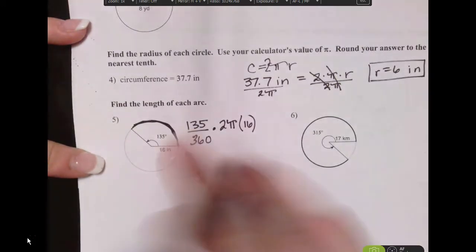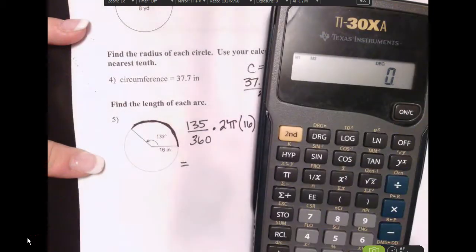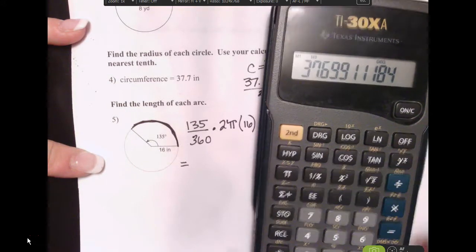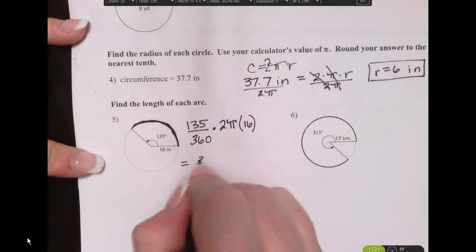So once we set up our formula, it's really just a matter of plugging it into the calculator. So I'm going to put 135 out of 360 times 2 times pi times 16. And all that together is 37.7